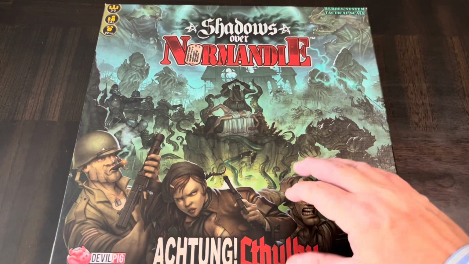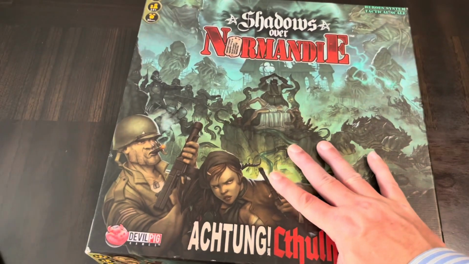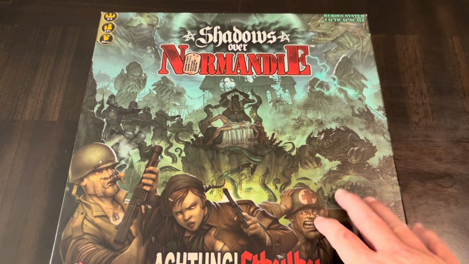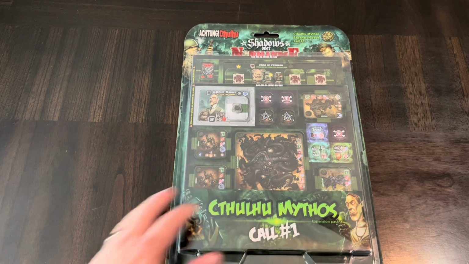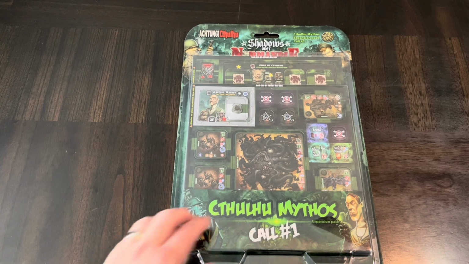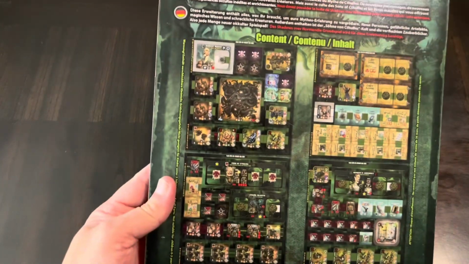Take a look in the description. I'll put a link in the description of some of my previous coverage of that. And as you can see here, it says it's a Heroes system, tactical scale. So what is this? Well, this is Cthulhu Mythos Call number 1. This is an expansion for Shadows over Normandie. So this is going to get us more goodies and more stuff. So if we look at the back here,